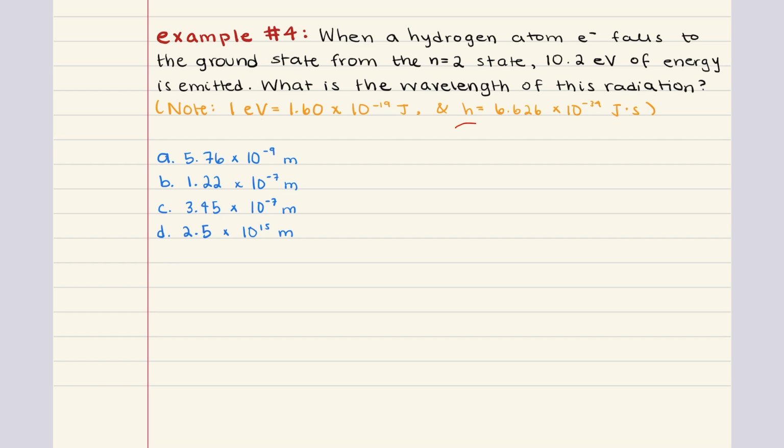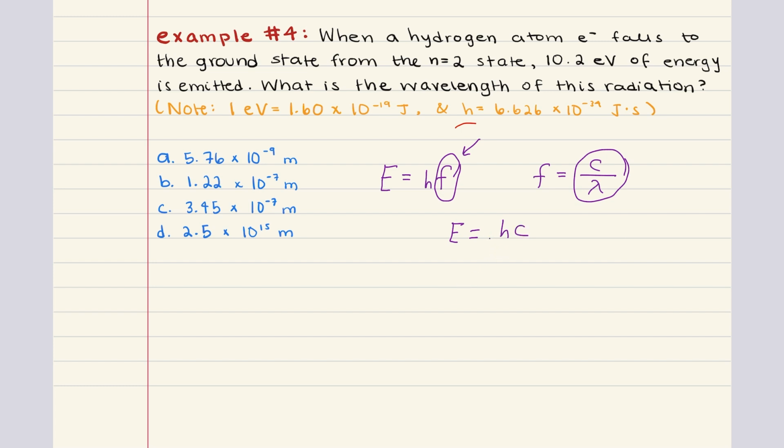To solve this problem, we're going to take advantage of 2 important equations. The first one is the energy of the photon is equal to Planck's constant multiplied by frequency. And the second equation is that frequency is equal to the speed of light divided by wavelength. I'm going to replace the frequency term in this equation with c divided by lambda. And this tells us that the energy of the photon is equal to Planck's constant multiplied by the speed of